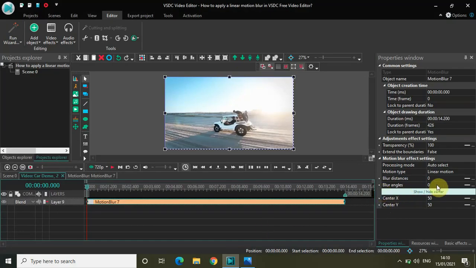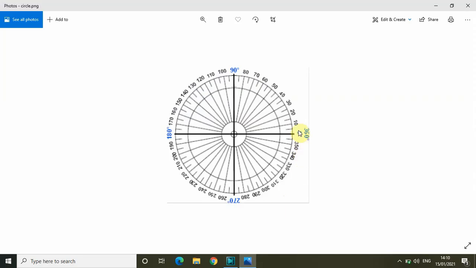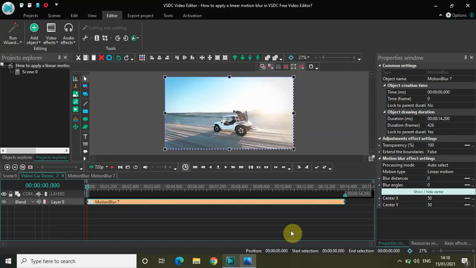Blur angle is currently set to 0 degrees, meaning the linear motion blur will happen to the extreme right.